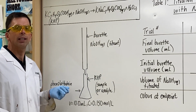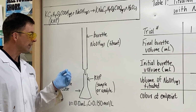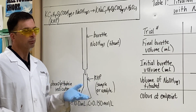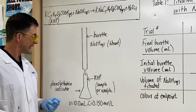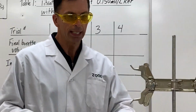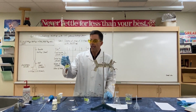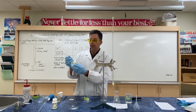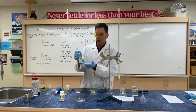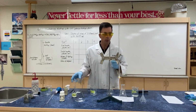We're going to be using the phenolphthalein acid-base indicator to determine the endpoint, the end of the reaction between these two reactants. I have prepared standard solution of KHP, and we'll be titrating 10 milliliter aliquots of this. The amount concentration is 0.15 moles per liter. To get started,